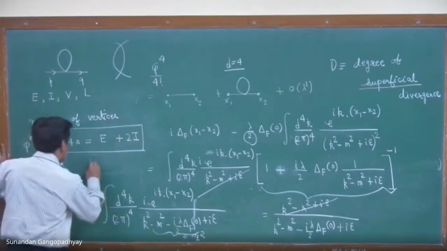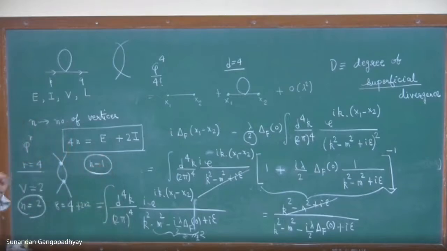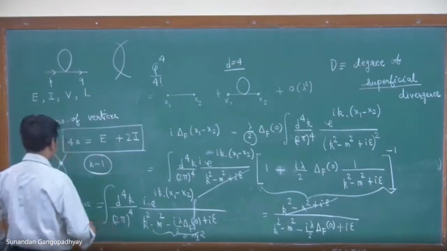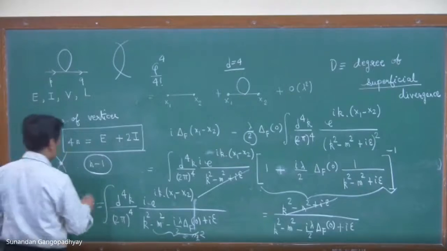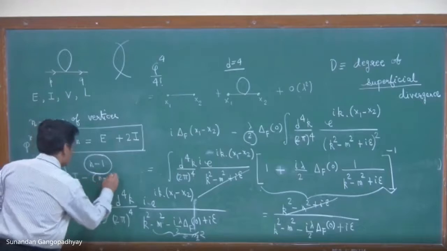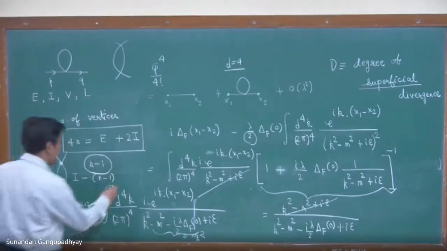Therefore, there will be n minus 1 relations among the momenta, because of momentum conservation at each of these points and overall momentum conservation. The number of independent momenta will be given by the number of internal lines I minus the number of relations between the momenta. This will be the number of independent momenta, and that is equal to,